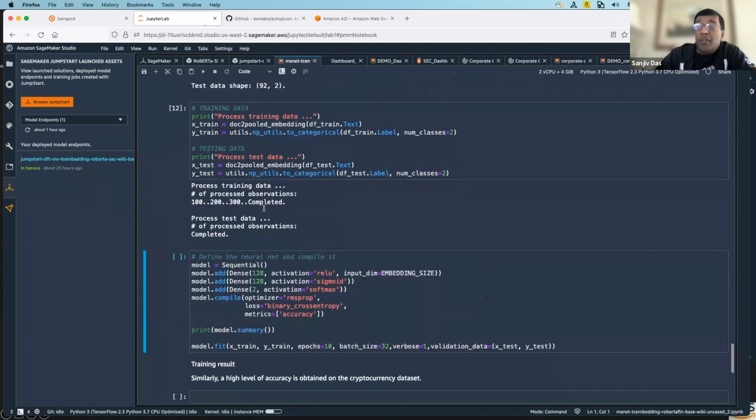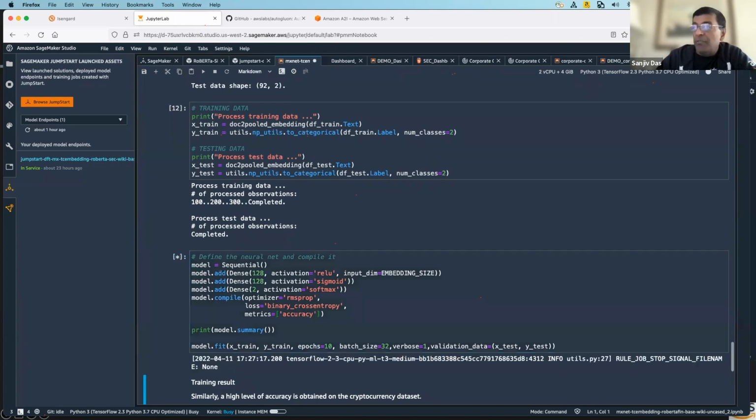Now I've got these embeddings. I'm just going to throw them into TensorFlow. You could use PyTorch, anything you want. This is a really trivial neural network just for example purposes. It's got 2 layers of 128 neurons each, and then an output layer of 2 neurons because it's just a binary classification task. And anybody who's used Keras knows what this code is. I'm only running 10 rounds of training just to keep it simple. So if I just run it,